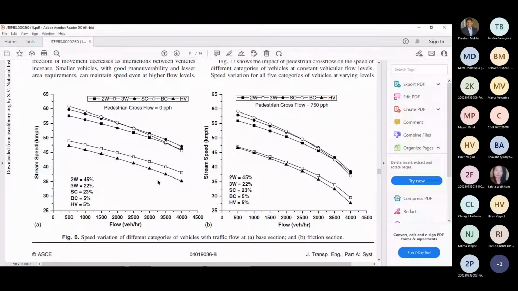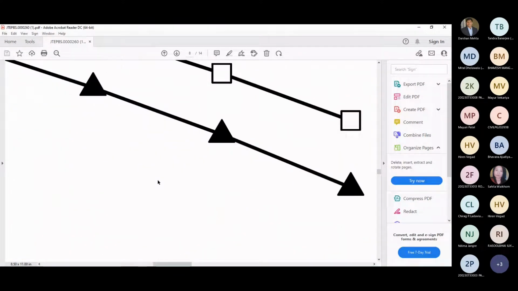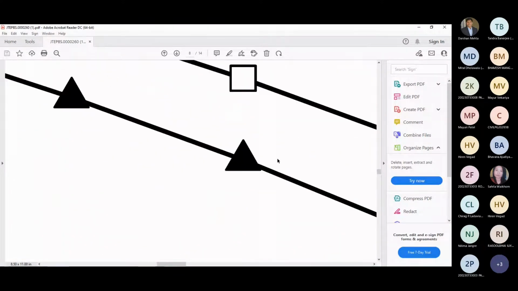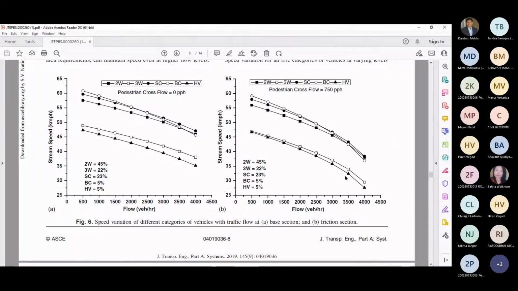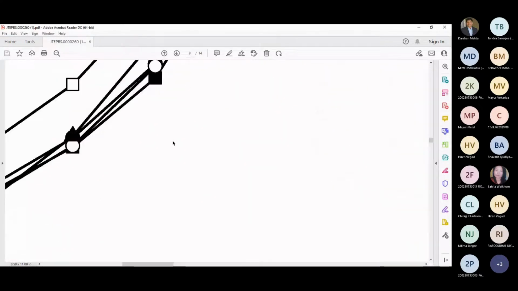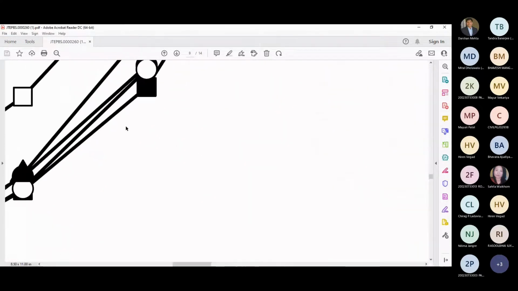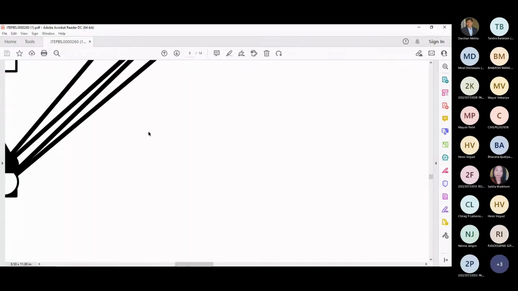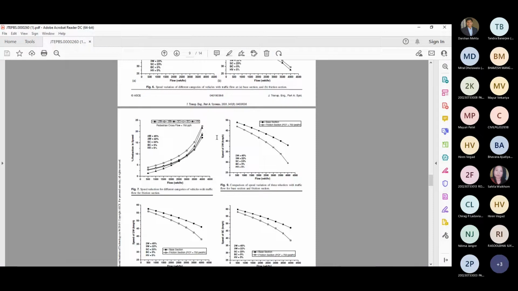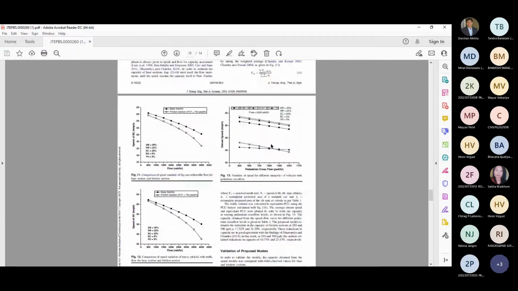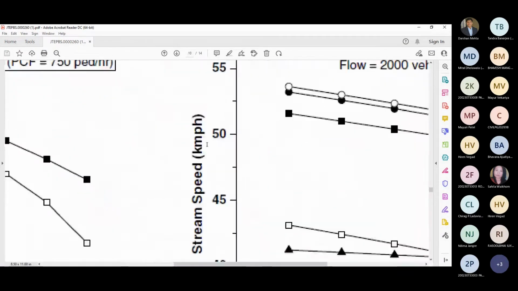See this graph. Many journals are asking for high quality graphics. So all these graphs you can see, and when we zoom in very high, we can see it is very clear.